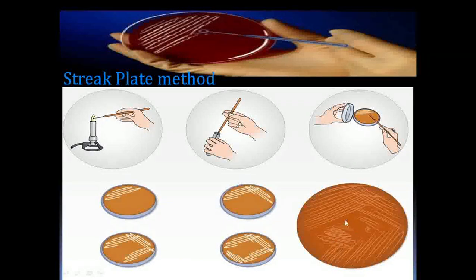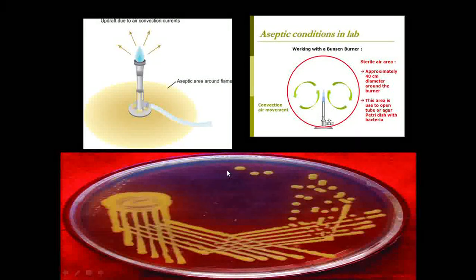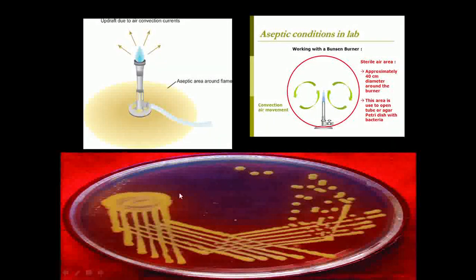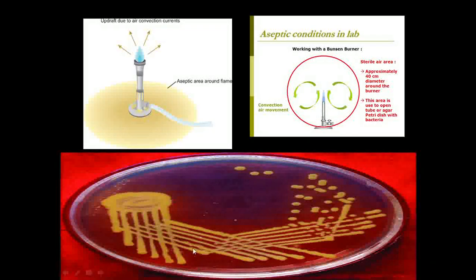So what this streaking has given me is that I keep reducing the microbial load. Finally, after incubation, what I have gained is the isolated colony, which I was interested in. Fine. So here you can see the population was very dense, where I cannot characterize a single colony's characteristics or a cell type, right? But after reducing the load, I have one single cell type in my hand. This is the expected result of your streak plate method, in which you perform streaking with the help of a loop.